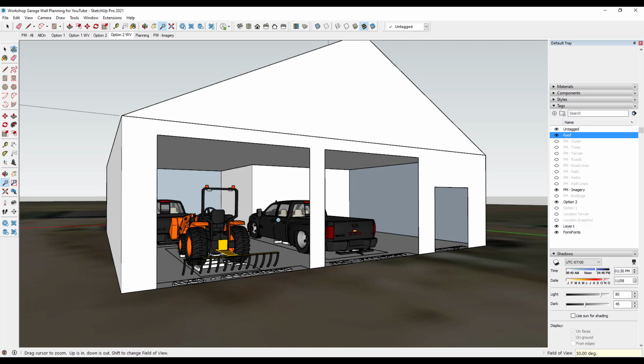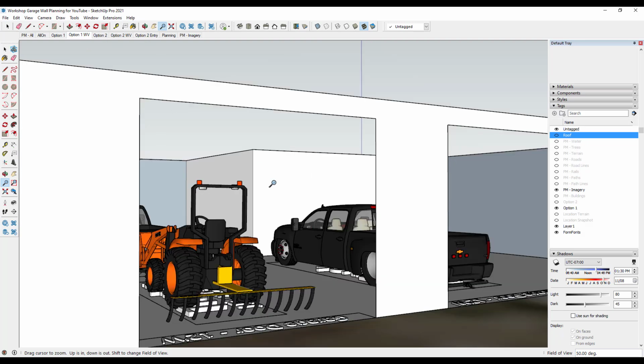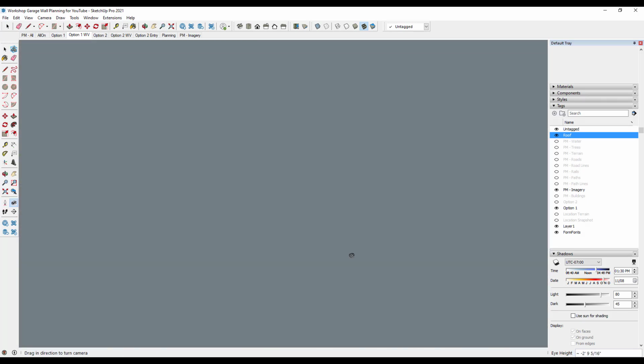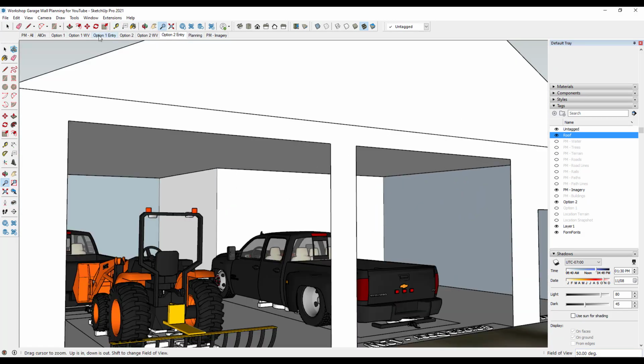But that's going to allow me to save a view that really lets me feel what the space is going to feel like. So I would add a scene. We would call this option 2 entry. And I would create the same scene for option 1. And then I can toggle back and forth